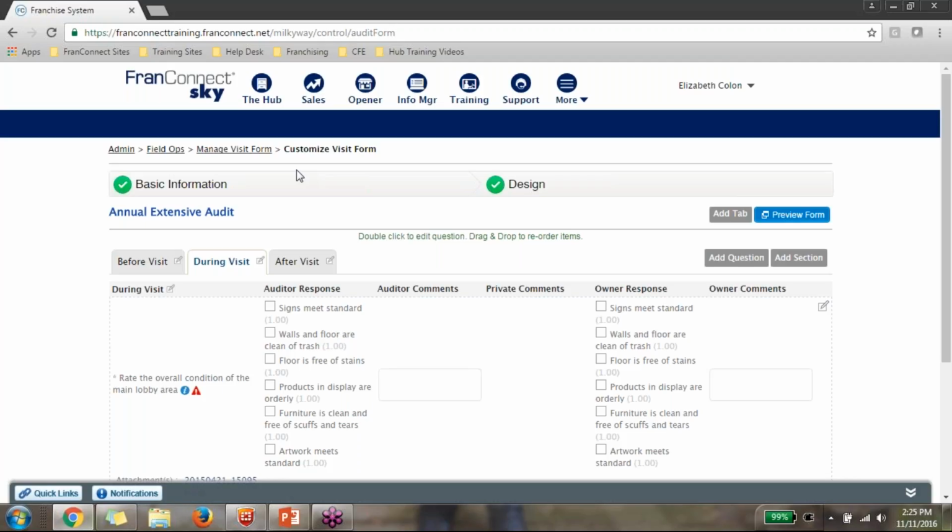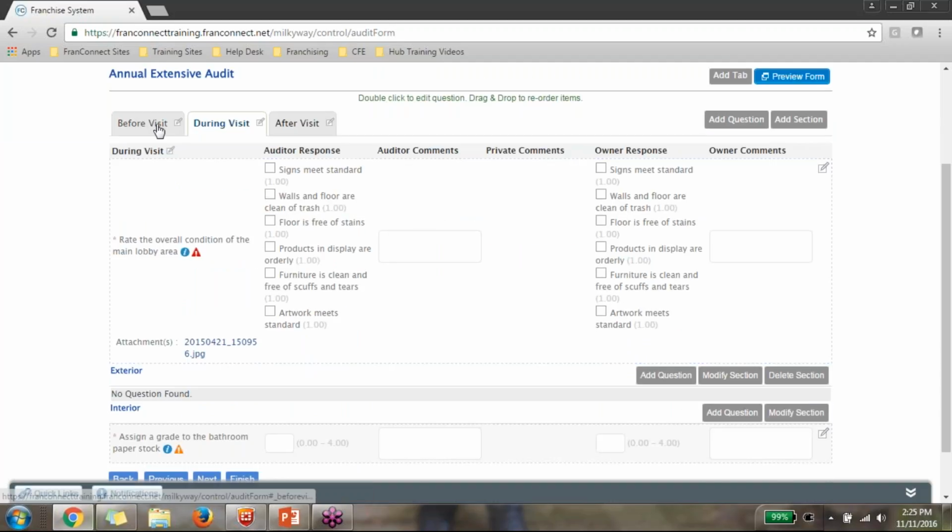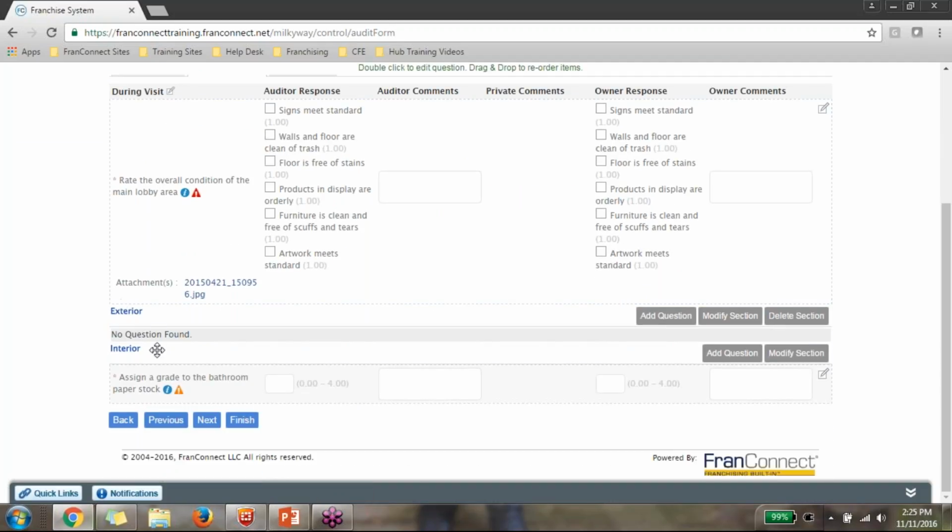Our auditor is going to evaluate the exterior of the facility and the interior of the facility, and we have the option to either create an exterior facility tab and an interior facility tab, or we have the option to create a facility tab which has sections, exterior and interior. By doing that, we can then order the way in which we want our auditor to go out to this location and evaluate.